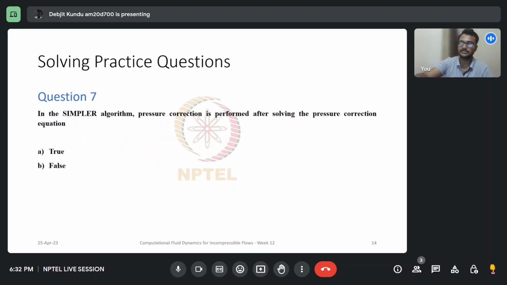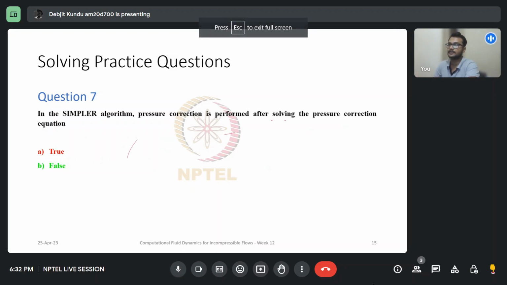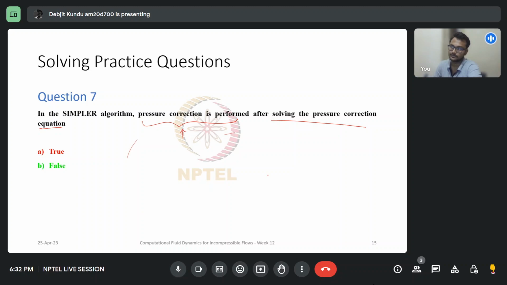Okay, so let's have a look at the solution. The solution is option B, false. That is, even after solving the pressure correction equation, we do not correct the pressure. So in the simple algorithm, we do this, but not in the simpler algorithm, where even after solving the pressure correction equation,